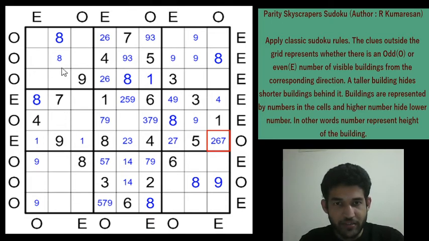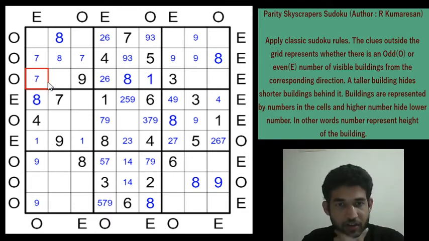So let us see if we can place the 7s now, because we first started the Sudoku by trying to place the 9s, then we got the 8s, then we will see if we can place the position of 7s. So 7 cannot be in these two cells in box 1 and 7 cannot be in these two cells due to classic. So 7 must be in one of these 3 cells, right?